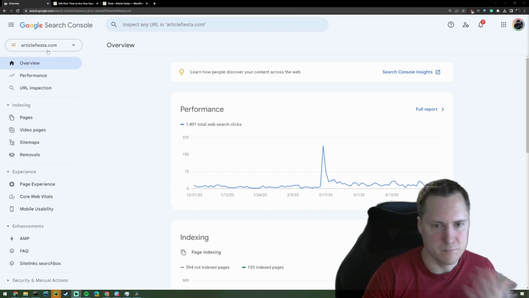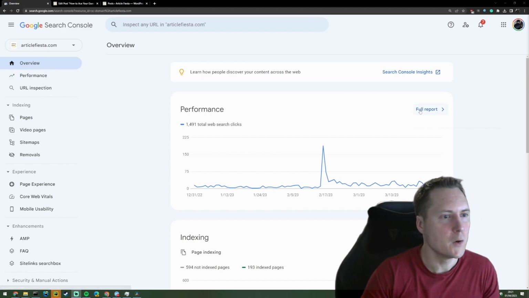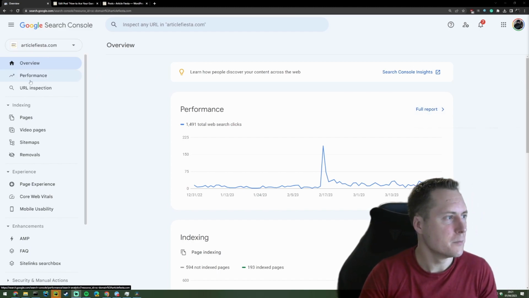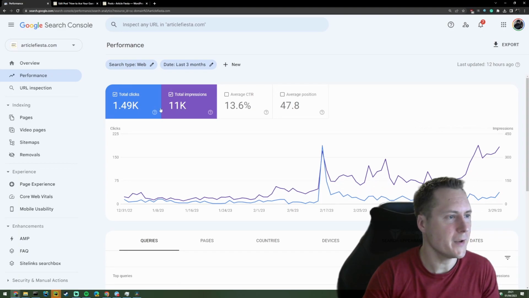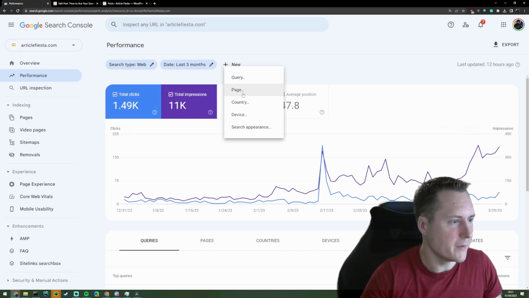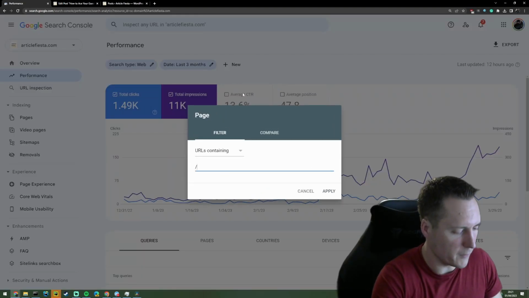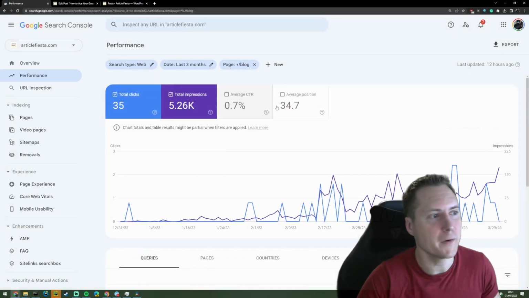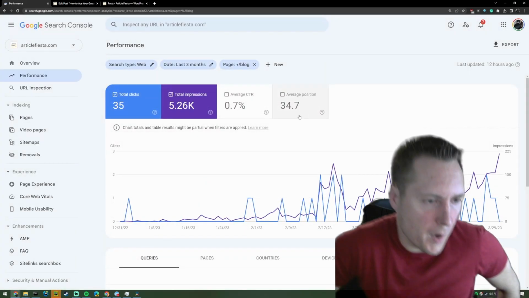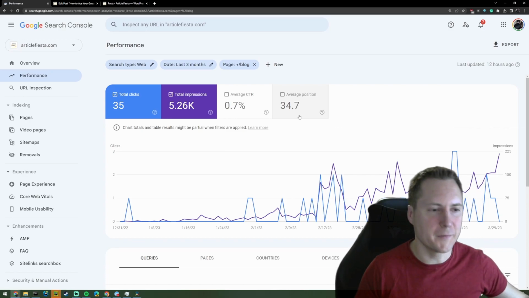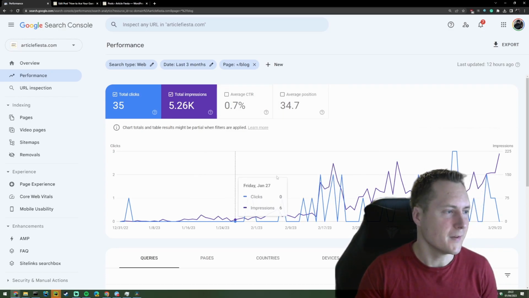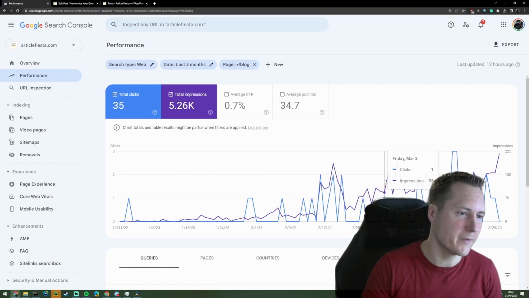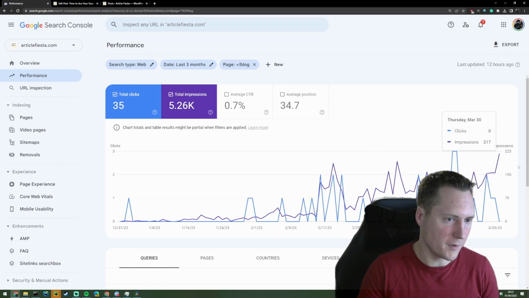You can see how it's performing. We're going to look at the performance report or the full report. It's the same thing no matter what you click on. Once you're in here, in this particular case, I'm going to turn on /blog as a filter. You don't need to do this, but Article Fiesta is built on custom code and the blog's built specifically on WordPress. So you can see the WordPress blog portion of the site is quite new, but it's slowly ticking up